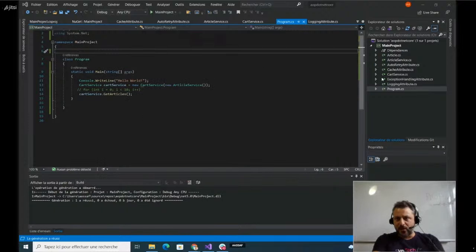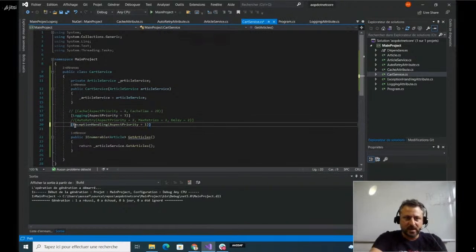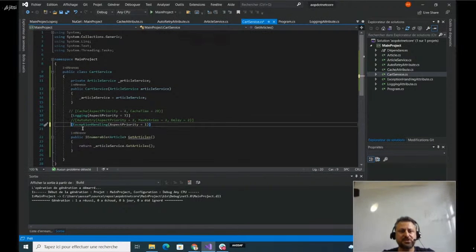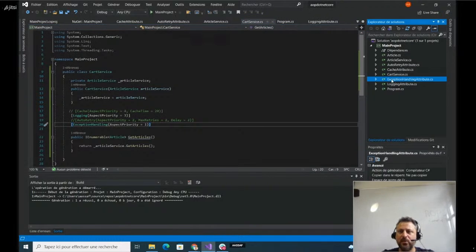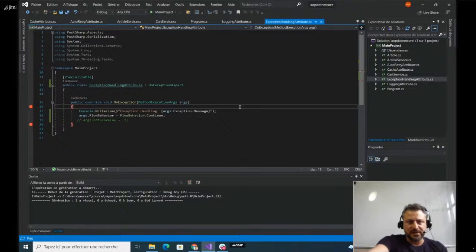So now let us see how we can handle the exception without having this problem. So I will return to my card service and I will activate my exception handling aspect. So let us see how this was implemented. The exception handling attribute was developed as an extension of OnExceptionAspect.